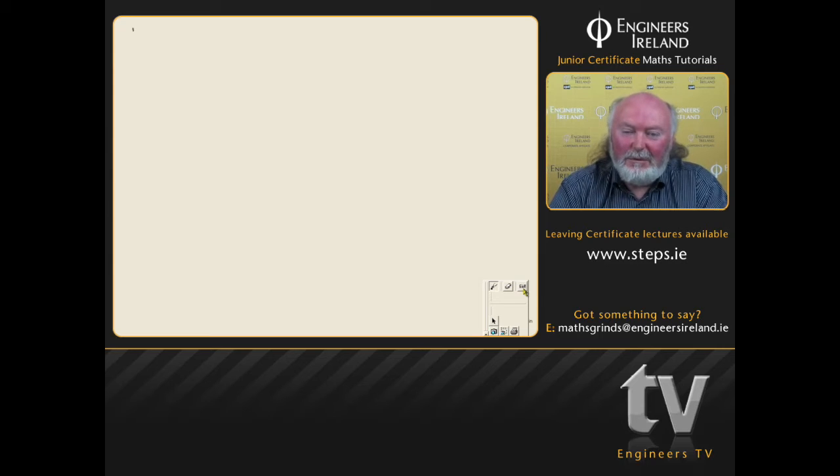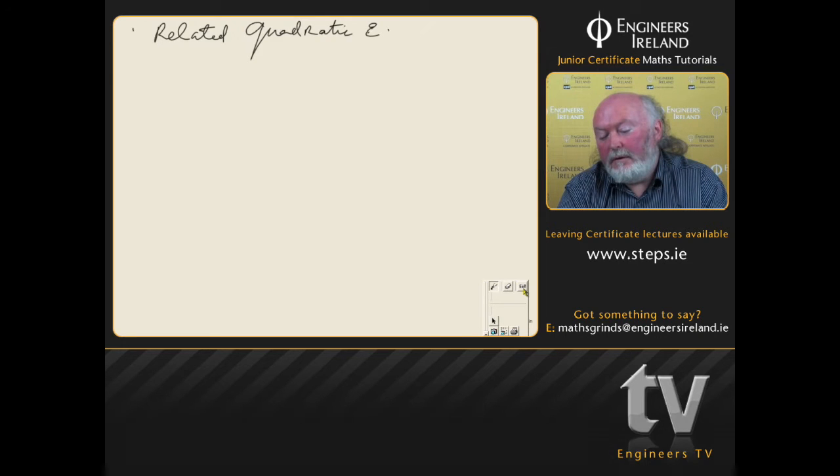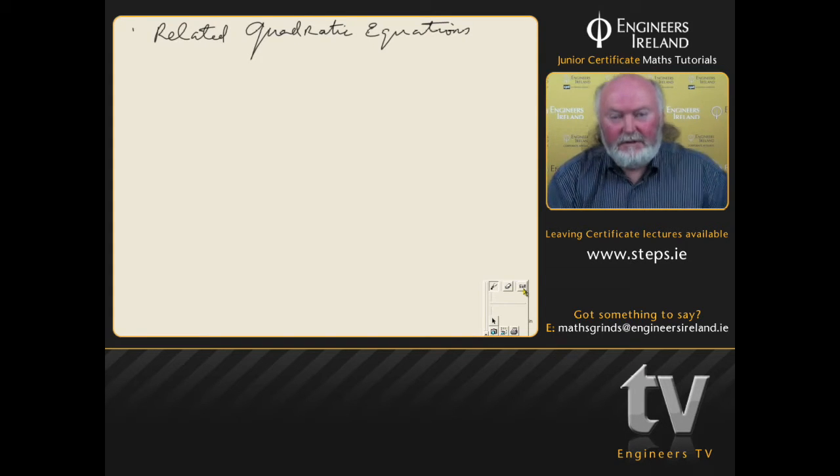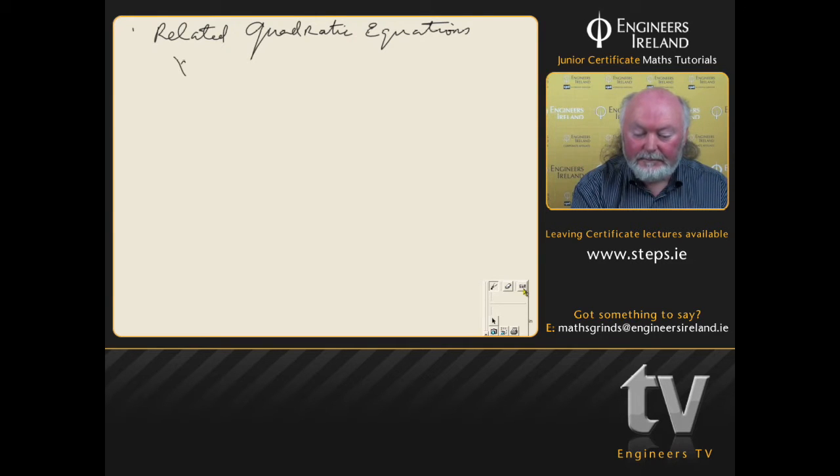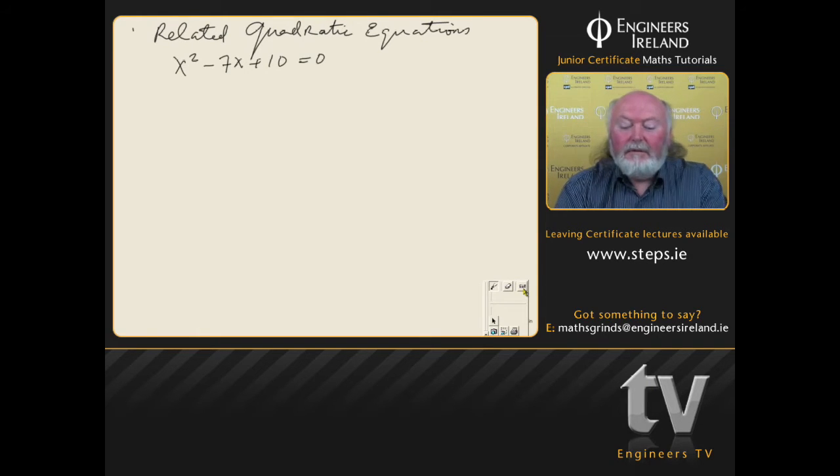In mathematics, we've already discussed, naming things is a key way of simplifying things. And there's a lovely example in quadratic equations, and it has to do with related quadratic equations. So what are those things? Let's pick the example in the book again. The example says, solve that equation and use your result to solve another equation. The other equation is